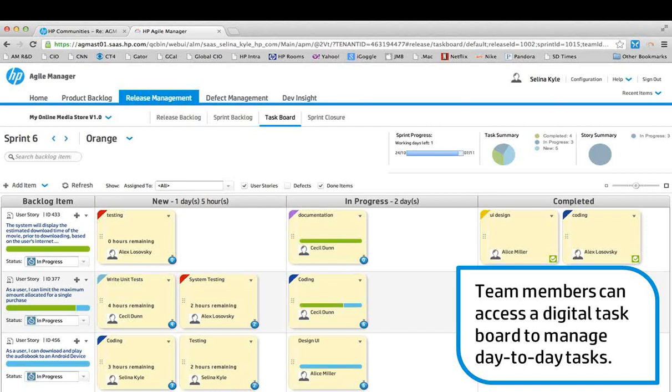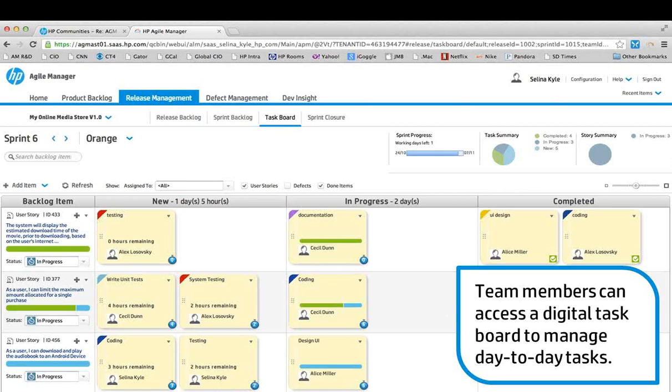So once you have defined your product backlog and assigned that to releases and sprints, then the users are assigned their specific user stories, or the developers are assigned the user stories that they start building on, which they can further break down into tasks. So what you're seeing is a task board that is very typically used in an Agile project. And you can manage the units of work that each and every team member is doing. And also at the top right corner, you can see how the progress summary automatically bubbles up. So that gives the instant visibility into the project work that's going on.